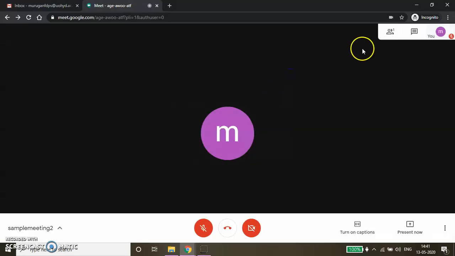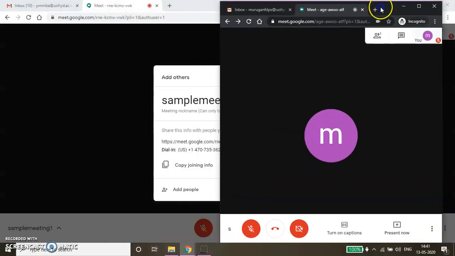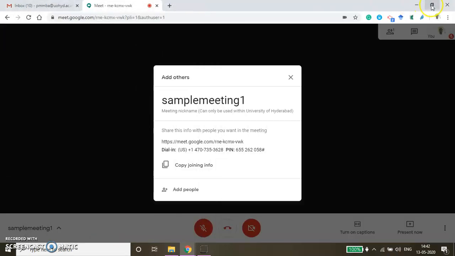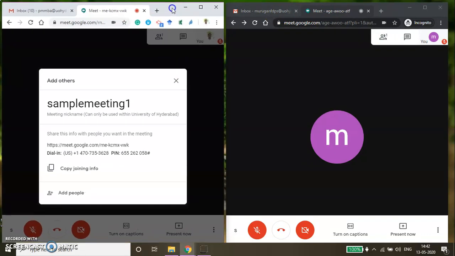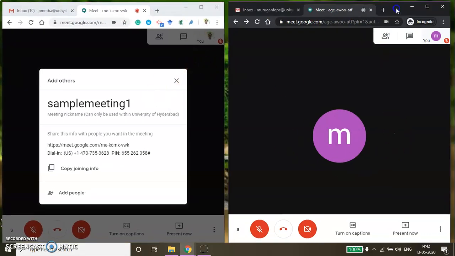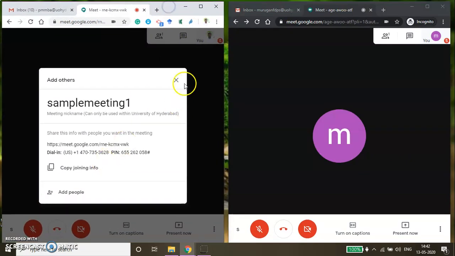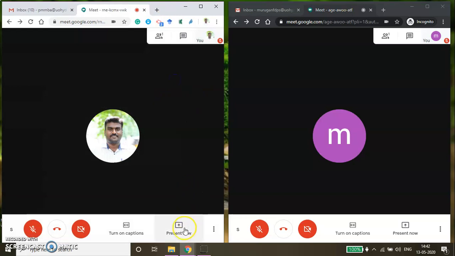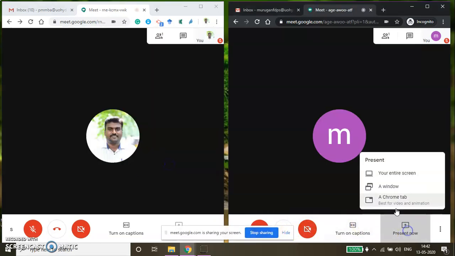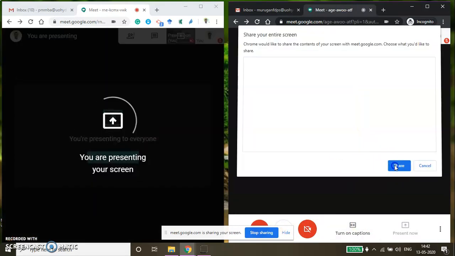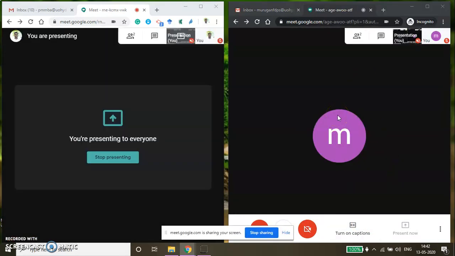Now once you have joined the meeting, to see the comments or the chats posted by the participants, you can minimize your window or you can have two different screens. With the help of extended mode, you will be able to maintain two screens. Now after starting the meeting, you share both the screens. Similarly, here also you have to share the screen. Now both the screens are shared with the participants.